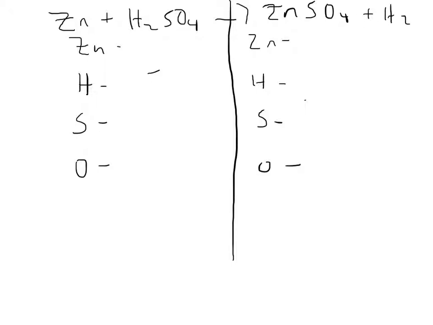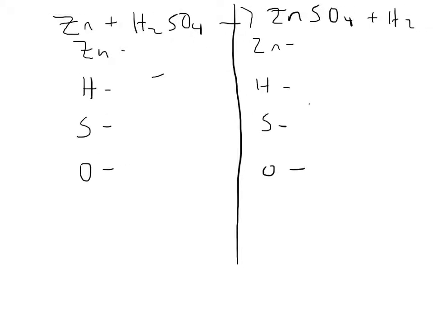I always start with my chart by drawing a line right down the middle, and then I figure out the elements that are going to need to be balanced. Now in the past, some of you may have said SO4 by itself, right here, needs to be just one polyatomic ion. However, in balancing, we take each element as its own. So when we balance, we count how many atoms are on the reactant side